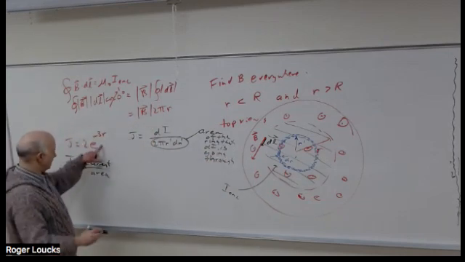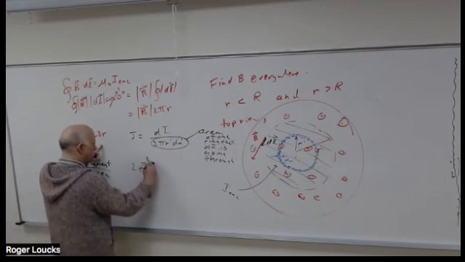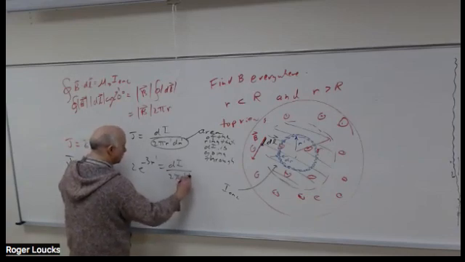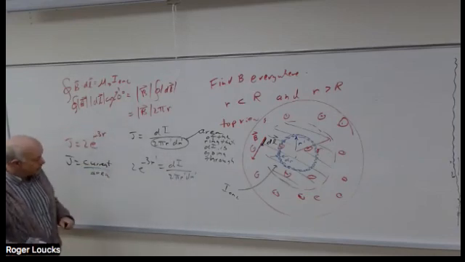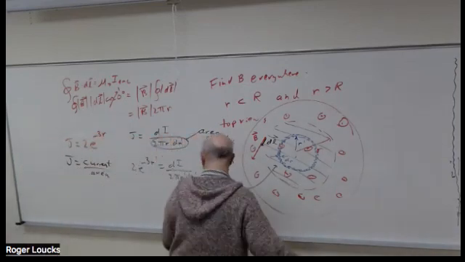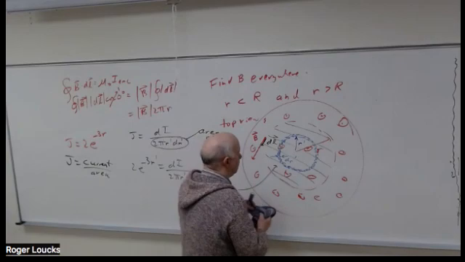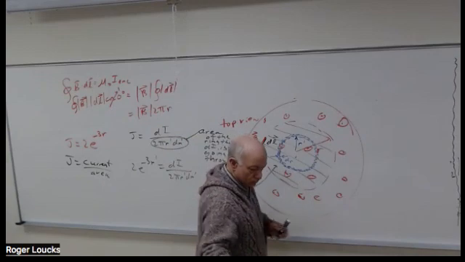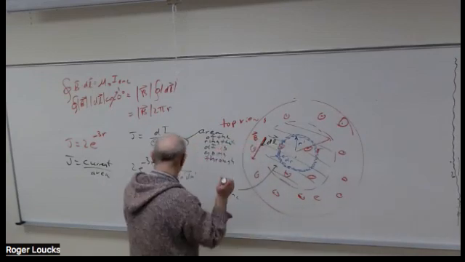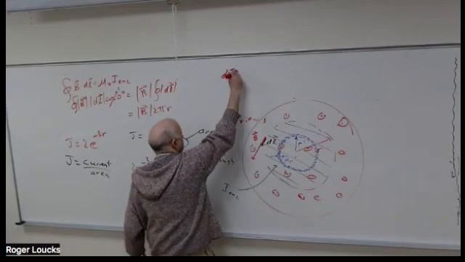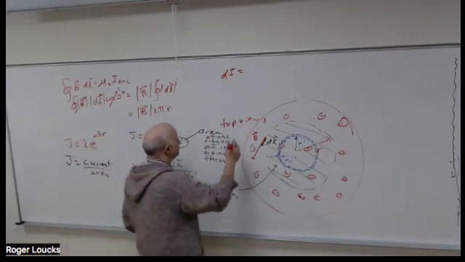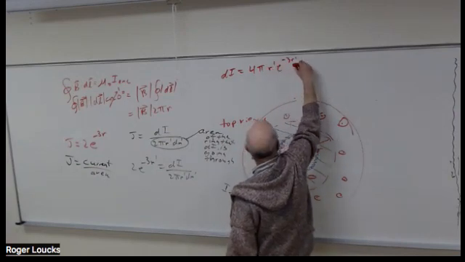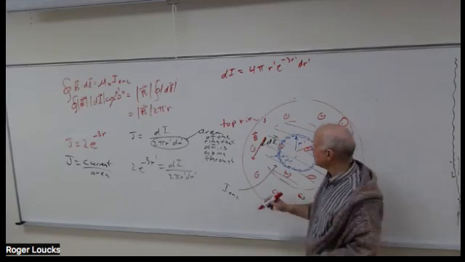And my friend J is over here, so this is 2e to the minus 3r prime dI equals 2 pi r prime dr prime. Okay. So my current dI, I take all this over to the other side. So this is going to be 4 pi r prime e to the minus 3r prime dr prime. So if I want I enclosed,